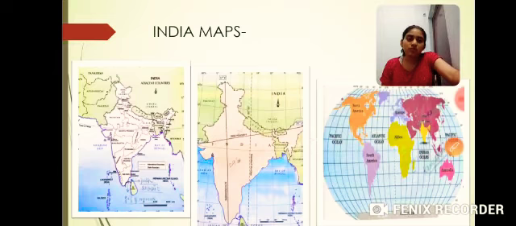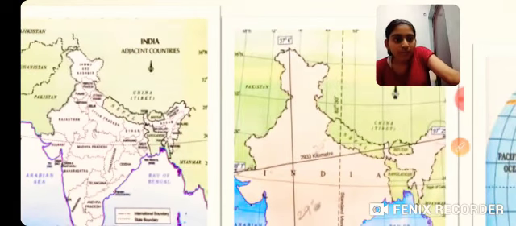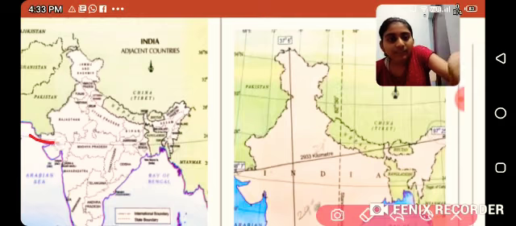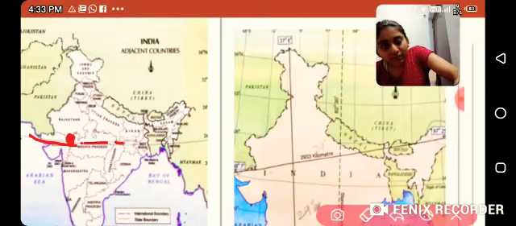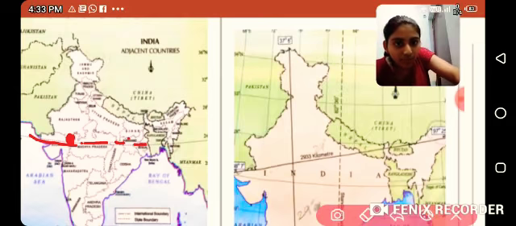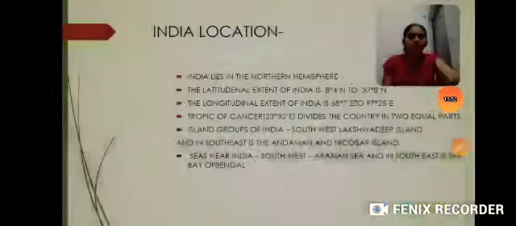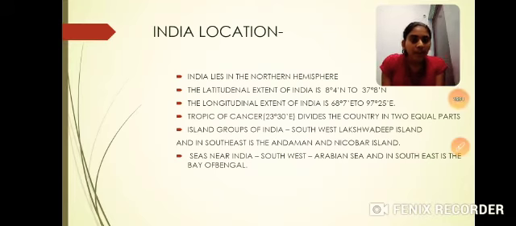And let me show you this on the map also. This map I would refer you to. So here is this Tropic of Cancer, and this Tropic of Cancer is passing through Gujarat. A small portion is with Rajasthan, Madhya Pradesh, Chhattisgarh, Jharkhand, Madhya Pradesh was already done, West Bengal, then Tripura, and then Mizoram. Complete. Okay.